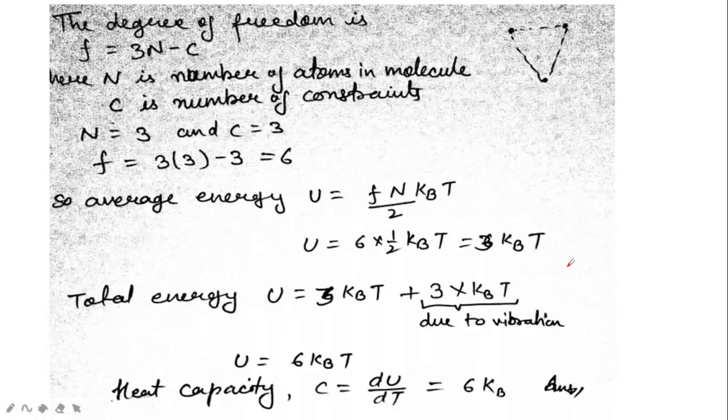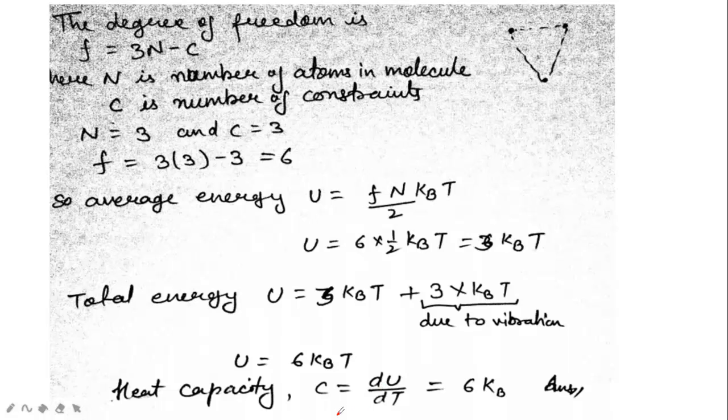for the rotational levels. Okay, now the vibrational levels will also be included. So this 3 kBT plus 3 kBT for 3D vibrations. It is a system of 3 dimensions. So this 3 kBT is due to vibration. So 3 plus 3, 6 kBT will be the total internal energy, and hence you can get the heat capacity,